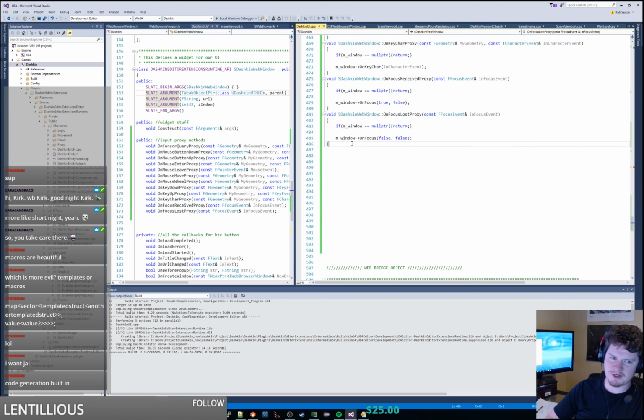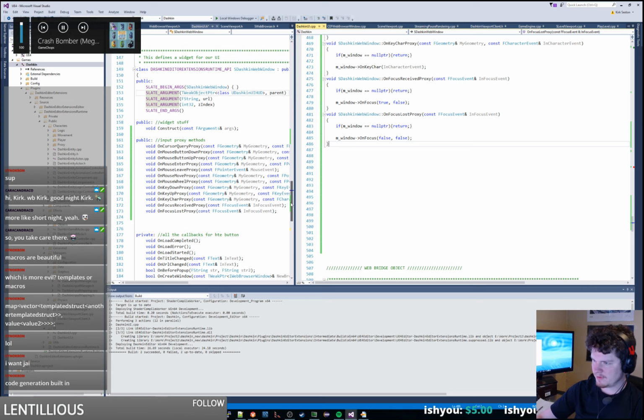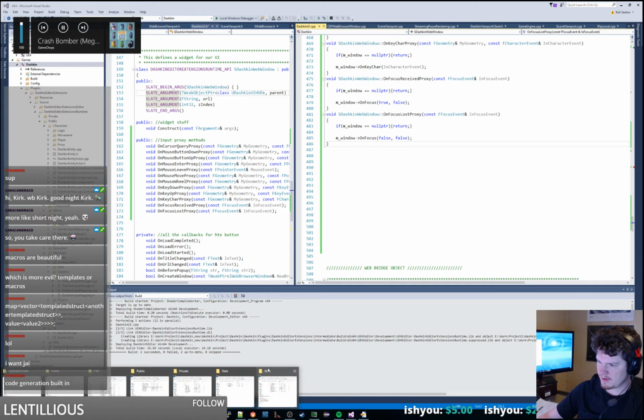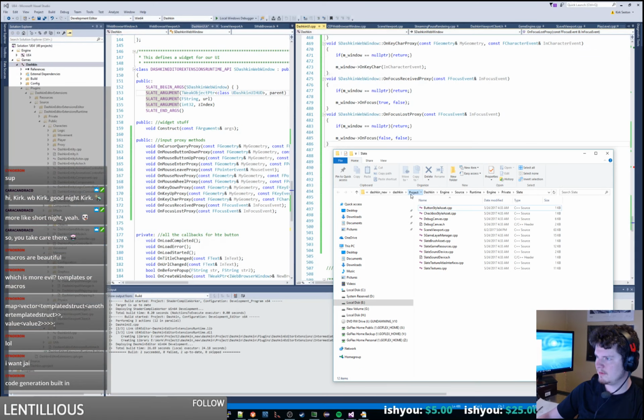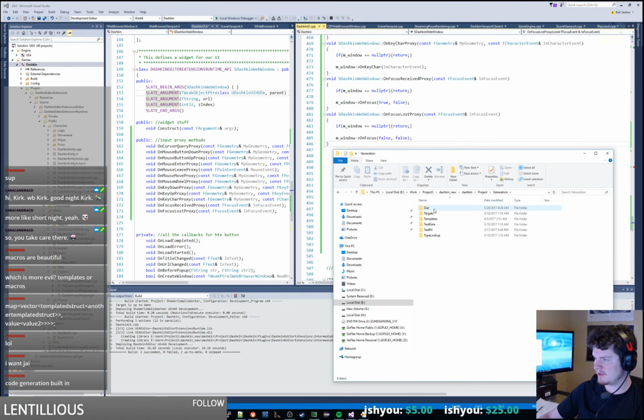You want code generation built in? Yeah, that would actually be really cool. I would like to see that sort of stuff, because code generation is really flexible. I've got a FreeMarker code generation system that I wrote, which I can do all sorts of fun things with. I don't know if I've shown any of that off, but we basically got this code generation thing where